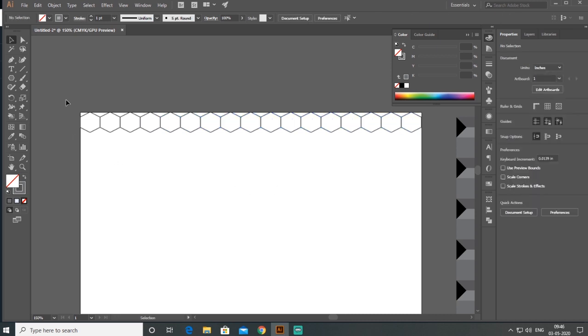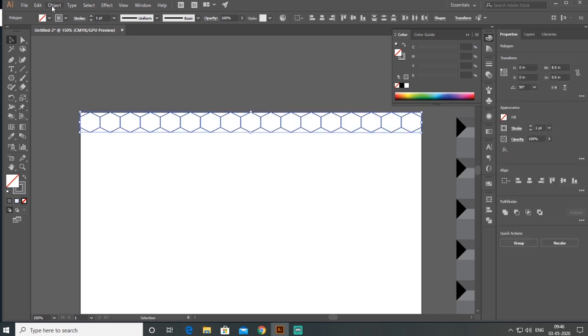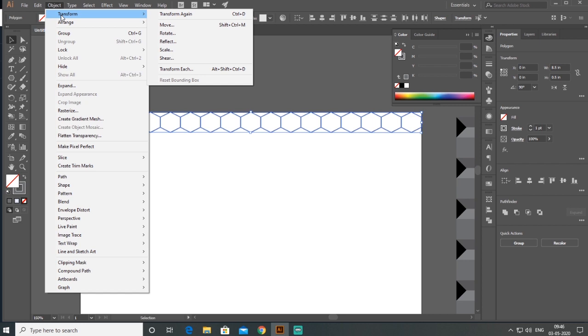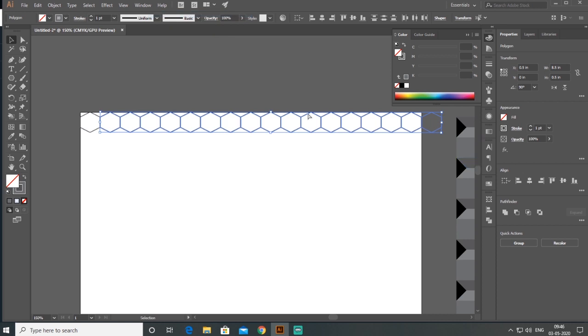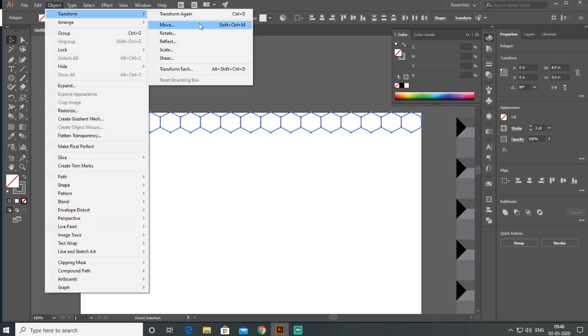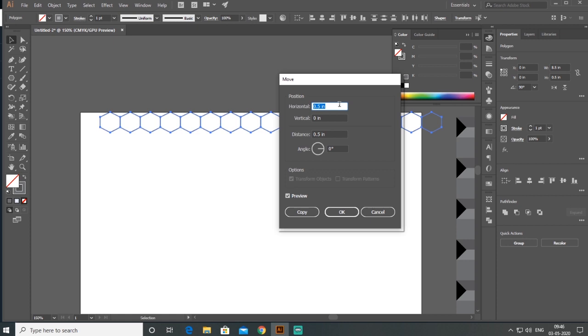Then I select all the objects, go to the Transform menu and move. Here it is 0.25, here it is 0.125.